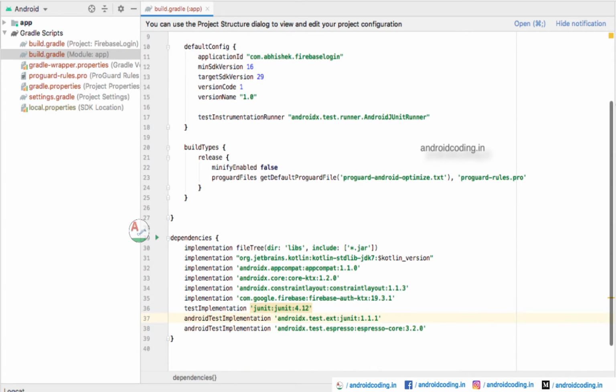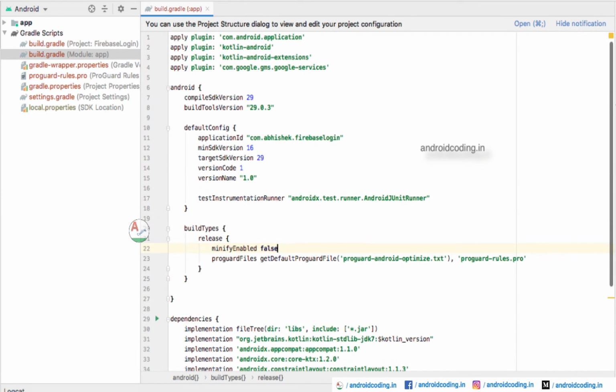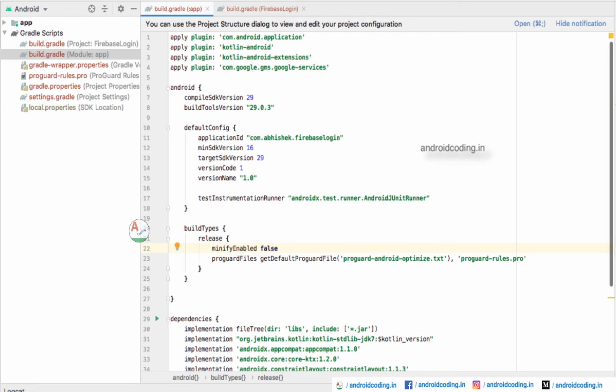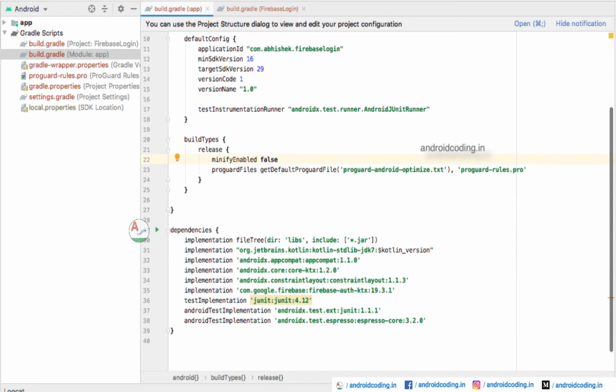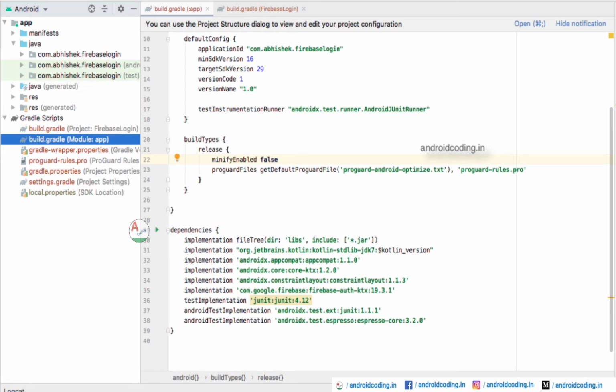First we need to add the Firebase authentication dependency here. As I have said, with the help of Firebase assistant we can add all the remaining things. For your understanding, the Google services classpath will be added to your build.gradle, and an extension will be added for Google services. In this tutorial I am dealing with the Kotlin language, so if you have any problem with Kotlin you may comment in the description section below. I will try to provide the Java code also.